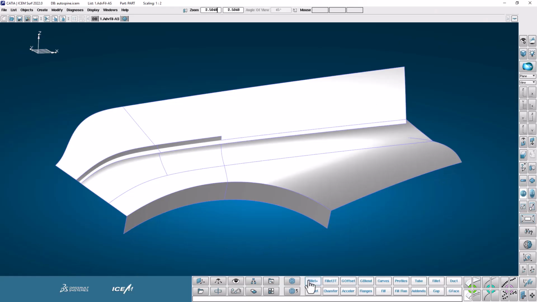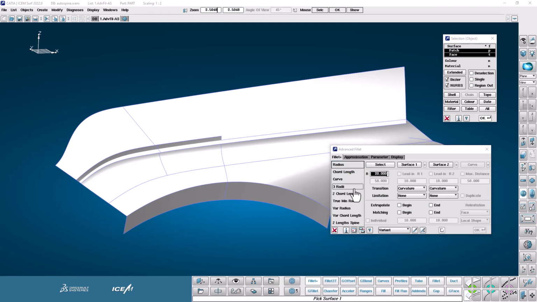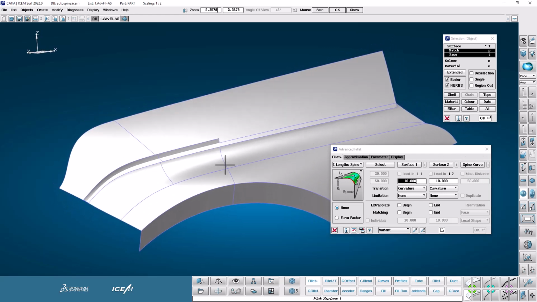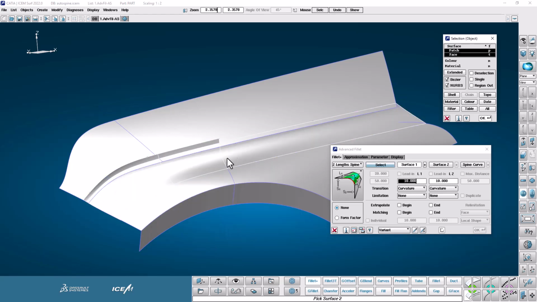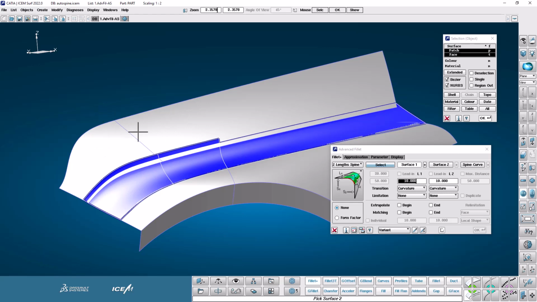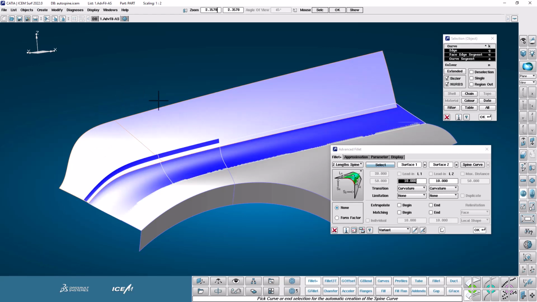Okay, let's go for Fillet Plus. I'm going to change it to one that has a spine, so 2-length spine. You see the button has become available to us. So I'm going to start with these surfaces on the first half, 1, 2 and 3, and then on the other side these two. Okay, now the prompt is saying pick curve or end selection for the automatic creation of